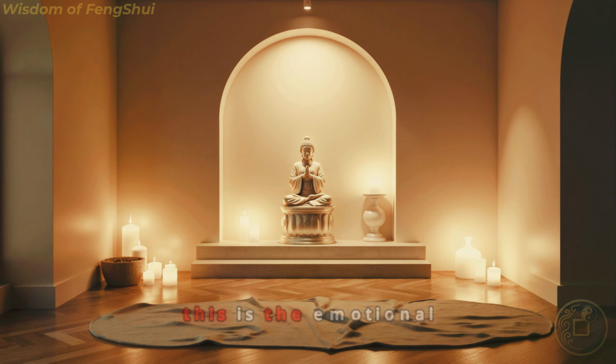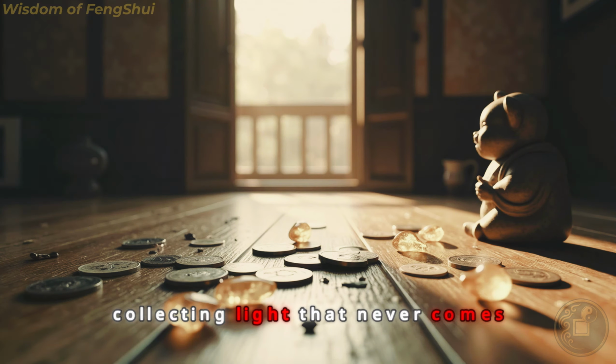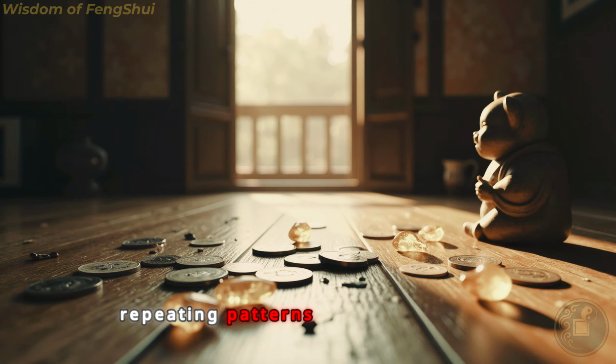This is the emotional rhythm of the well-intended misdirector. They try. They truly try. They buy the charm, hang it with care, even follow the book. But they don't pause long enough to ask, is there actually light here? Is this where energy moves or just where there's space on the hook? So the ball swings quietly in a corner no one notices, collecting light that never comes, repeating patterns no one